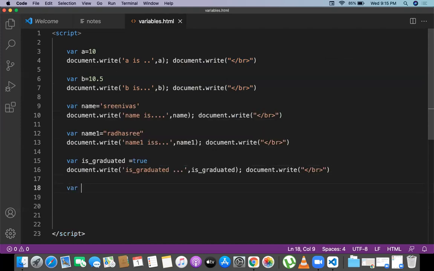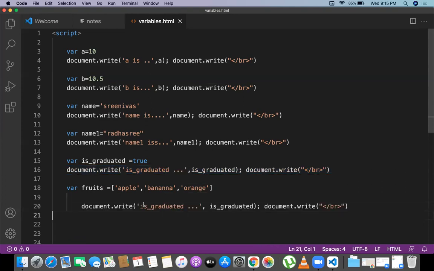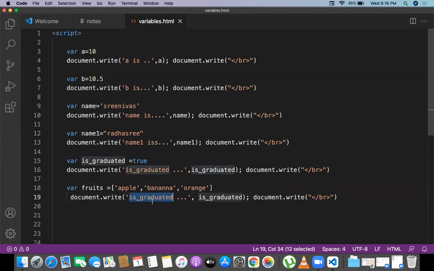and I just want to have the array now. Fruits, fruits is equal to, this could be an array, and let me give apple, banana, okay, orange. This is fruits, and the same thing, document.write fruits, and document.write. Next, emp info